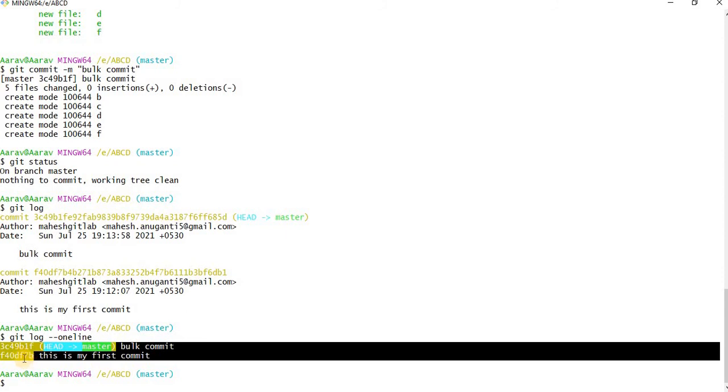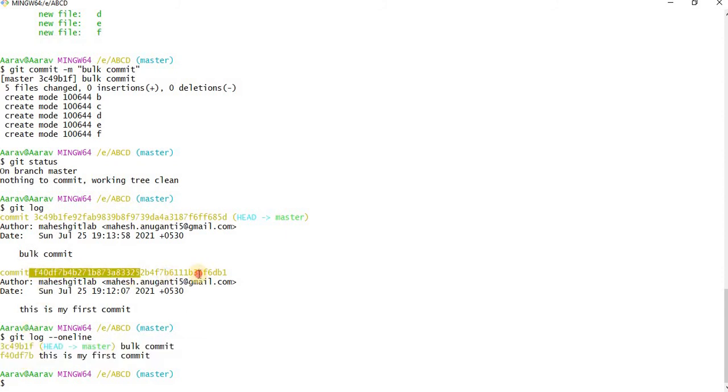If you observe, here we have this big code, but here you have only 7 characters. Ideally these 7 are enough to perform the activities by using this commit ID. This we call the commit ID. And HEAD is the latest commit in git, so you have to remember that.